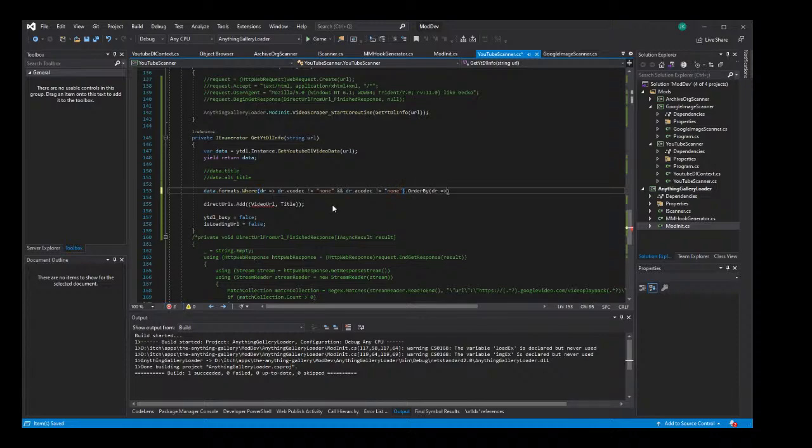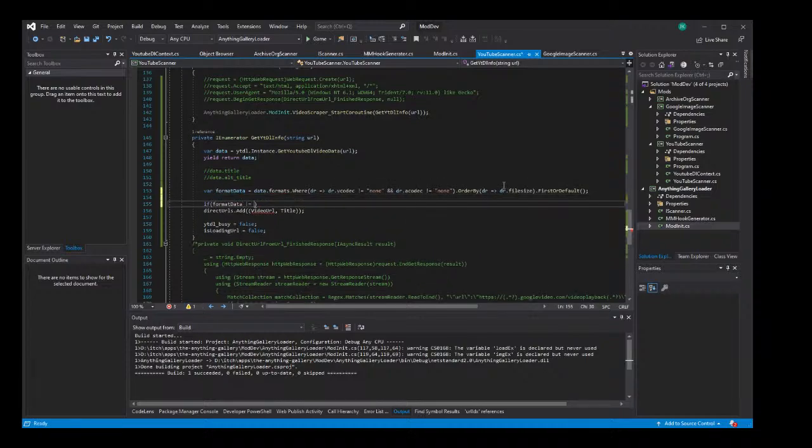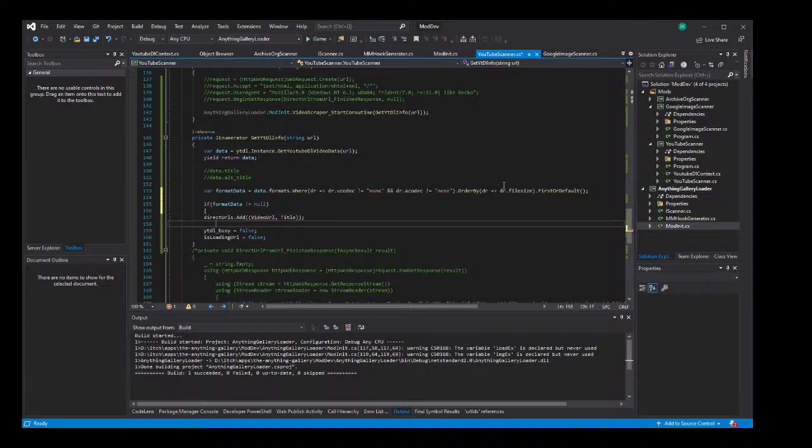Order by file size. It'll be ordering ascending, first or default. Var video format data. If format data is not null,